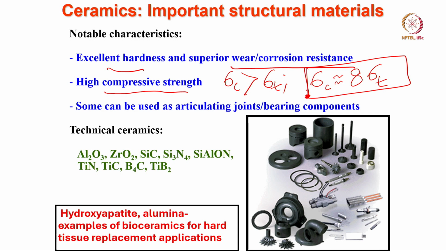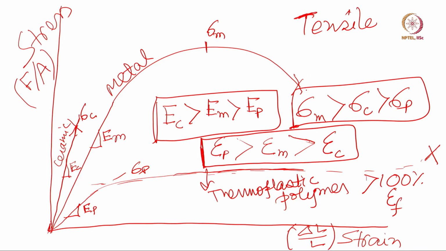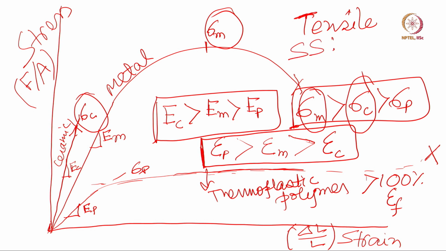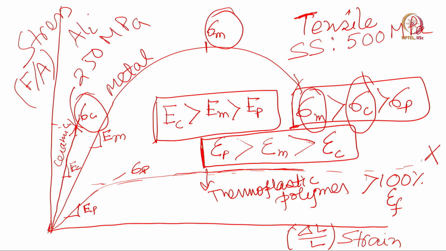So, in the last slide you have seen that the metals' tensile strength is higher than that of the ceramics. So, let us take an example. Example is stainless steel. Their tensile strength, let us say 500 megapascal, some specific grade. So, if the tensile strength is 500 megapascal, compressive strength is also around 500 megapascal. Let us say for ceramics, it is like 250 megapascal tensile strength of alumina. Let us take another example, alumina.